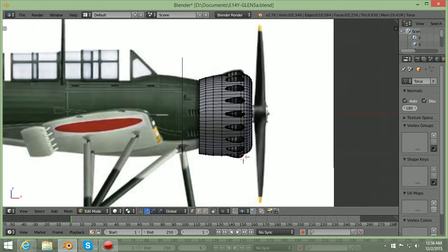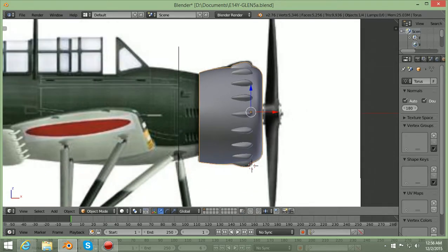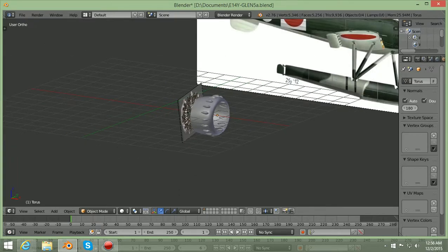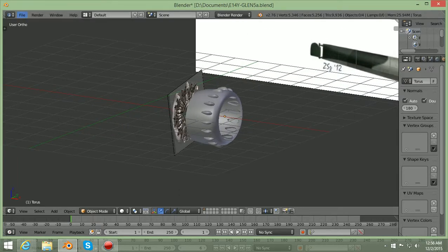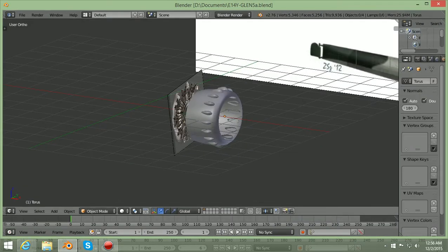Z, let's go into object mode. And let's deselect it. And actually I'm going to put it, I think, at a little bit of an angle. Save as 5, we're going to save it there, and then we're going to call this one good. I think this cowling's pretty much good, and we just have to figure out, put an exhaust tube on it,